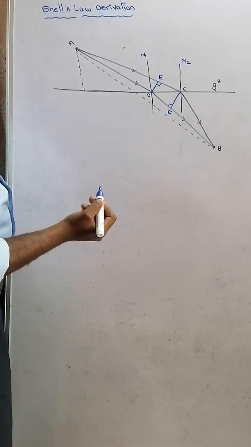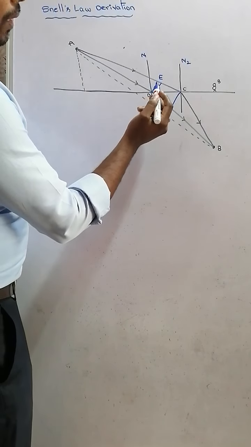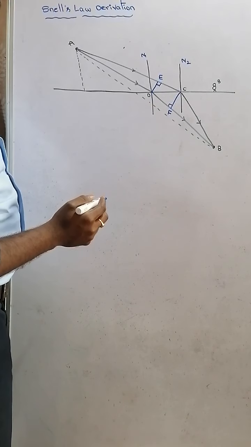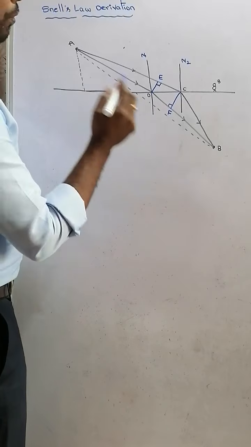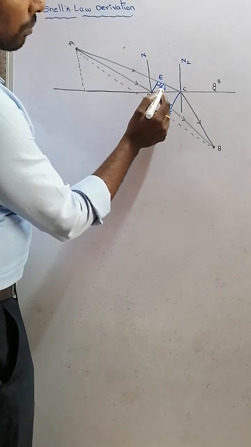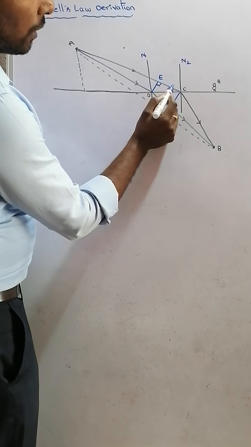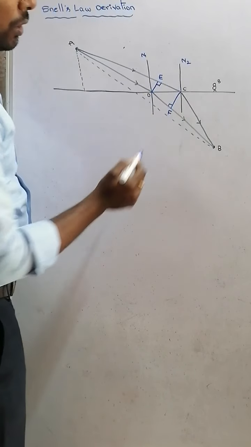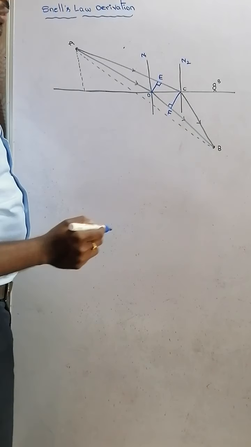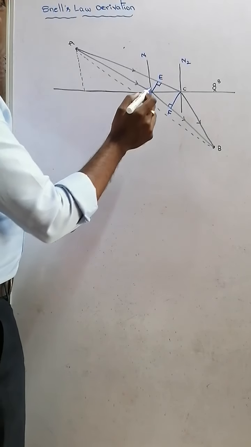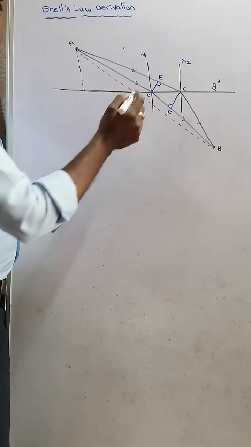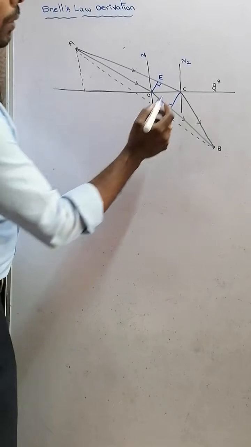One more thing is that the time taken from E to C and the time taken from D to F are both the same. But if he chooses the path A, C, B, then from E to C he can save time, and from D to F he can lose time, because he can run more distance on the land surface than the water surface. That is the reason why.